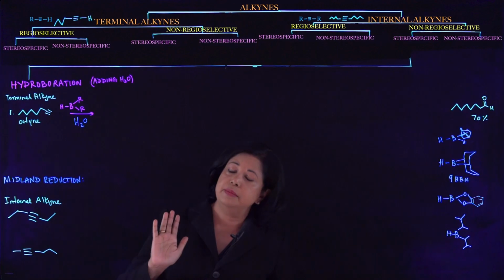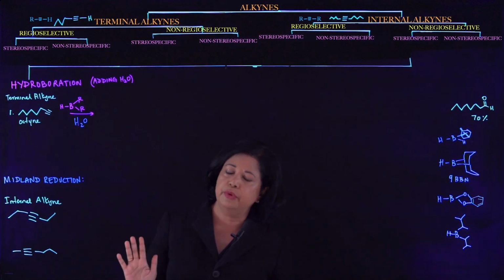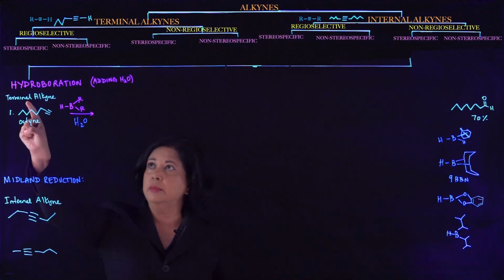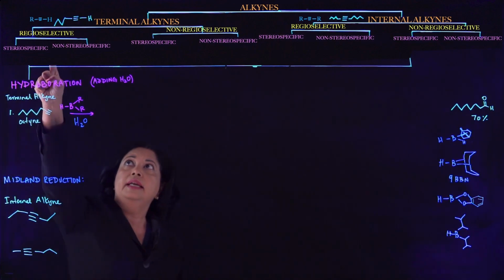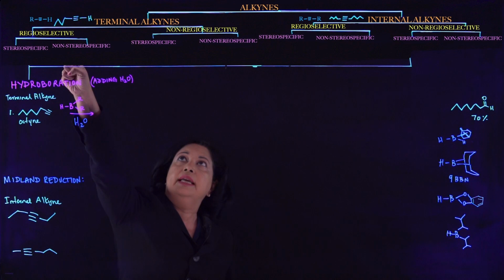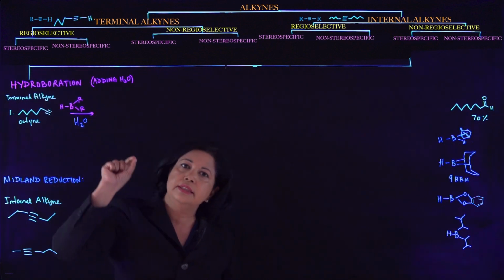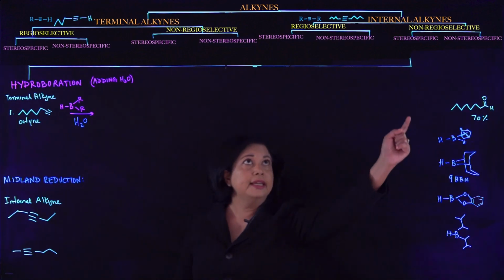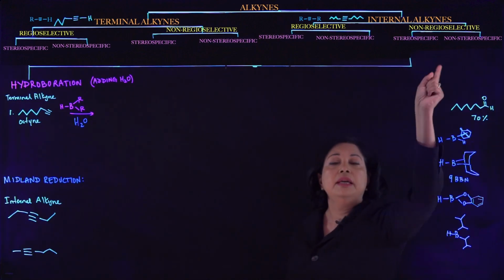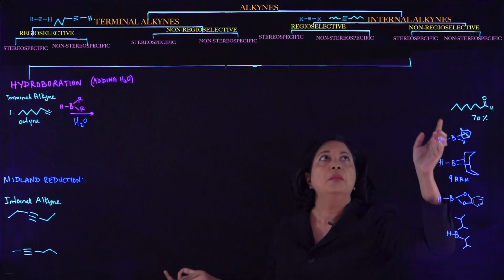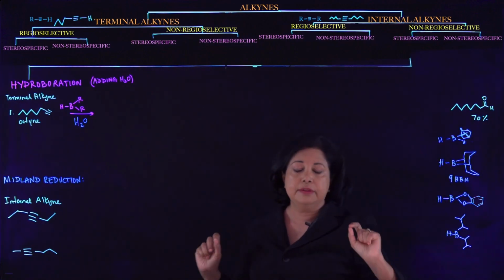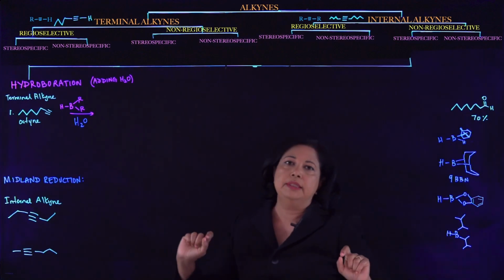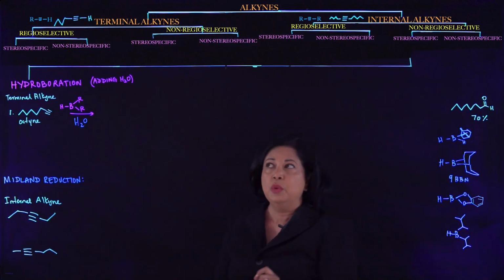But the mechanism is not really very straightforward. It's got multiple steps. Now if you take a terminal alkyne, it is going to be regioselective and stereospecific. If you take an internal alkyne, it will be non-regioselective, but it's still going to be stereospecific. At least initial addition for both of these would be stereospecific. We're going to use